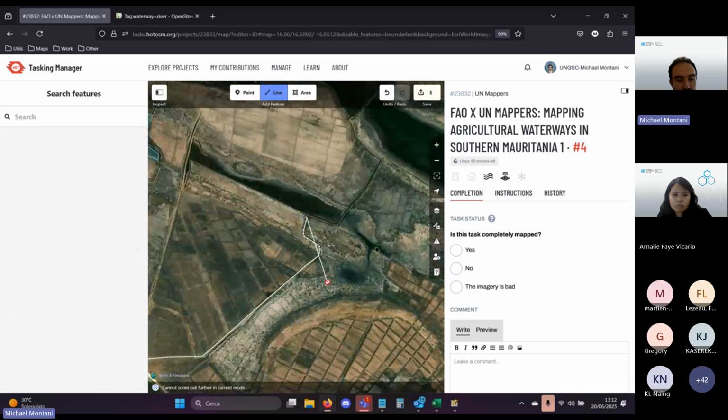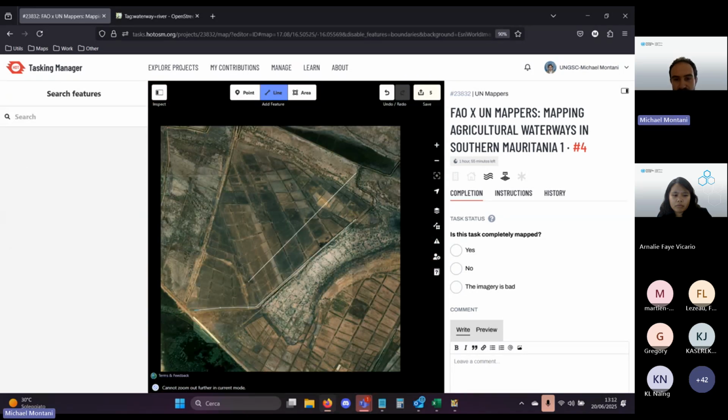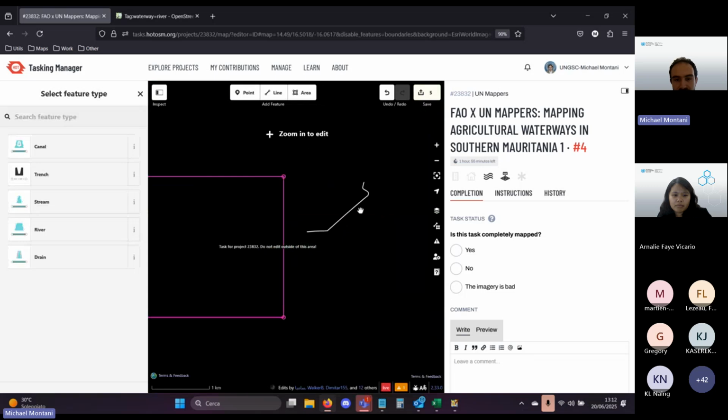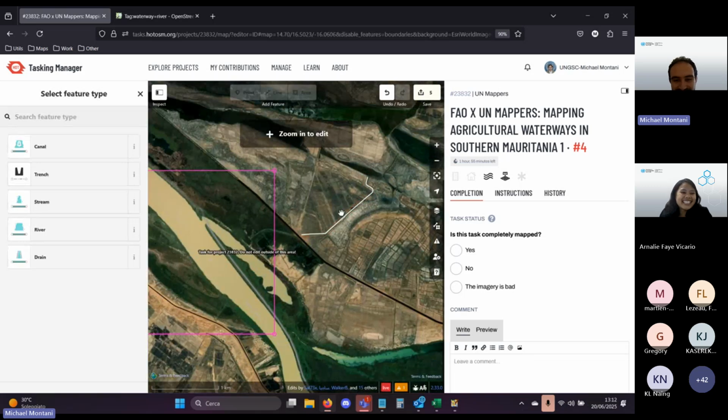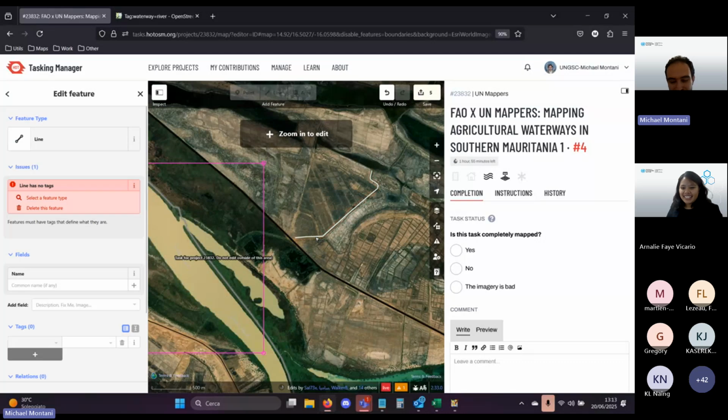I have to be careful, by the way, because sometimes I forget where I'm mapping. So you see, like in this case, I'm completely outside my task. So I should not map this one because there could be somebody else mapping in this area.